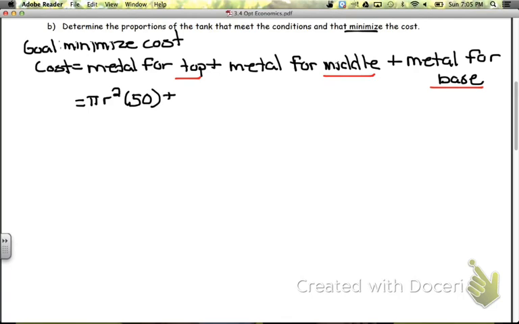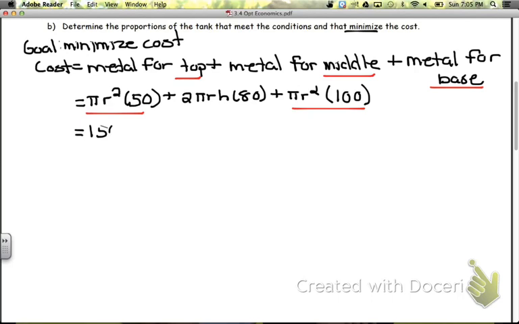Now the middle here is just a cylinder part, so it's 2 pi r h times 80, because the cost for the middle of this metal is $80, plus also pi r squared because we have a circle for the base, times 100, since the metal for the base is 100. As you notice here, we have two like terms, pi r squared, so we can add those values together. So we have 150 pi r squared plus